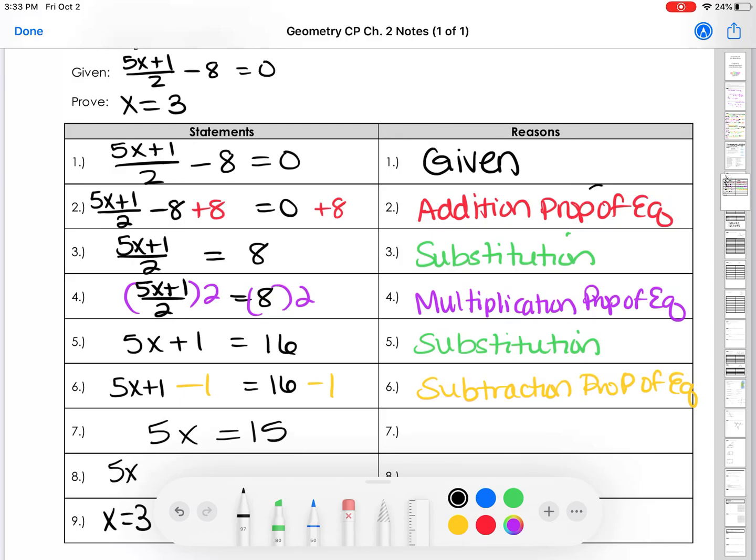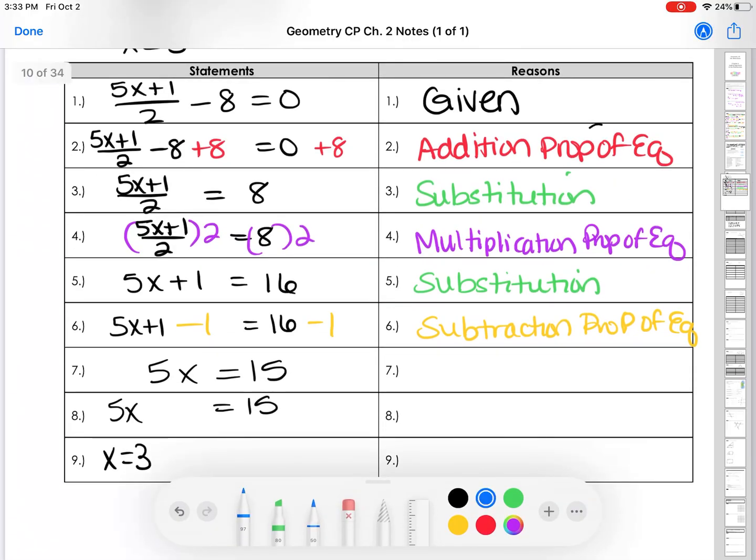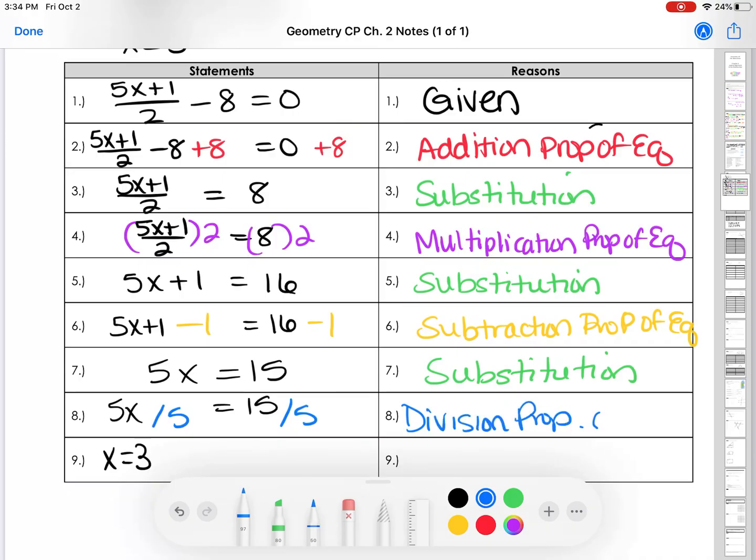And last but not least, I'm going to take that 5x and that 15, and I need to divide them by 5 to get 3. So that is going to be, whoops, I forgot our substitution, right? When we cleaned up, it was substitution. And then when I divide by 5, that is the division property of equality. And lastly, we would clean up by